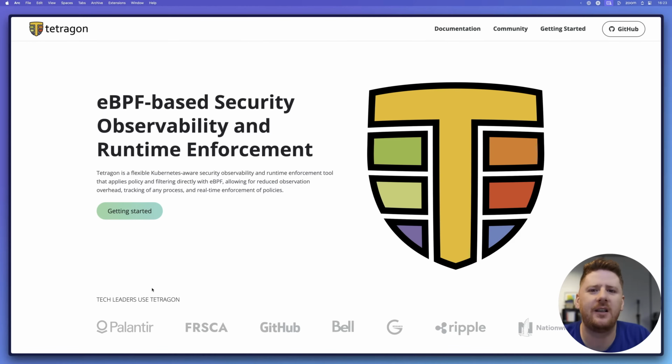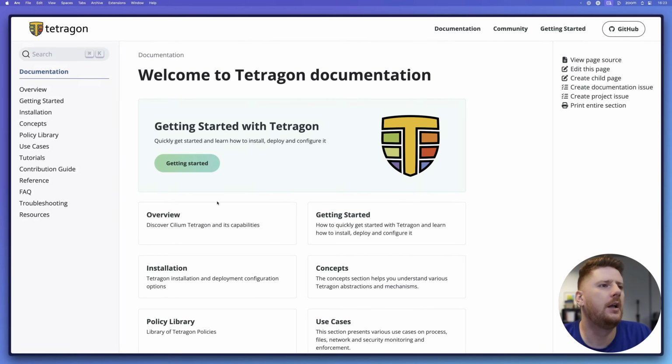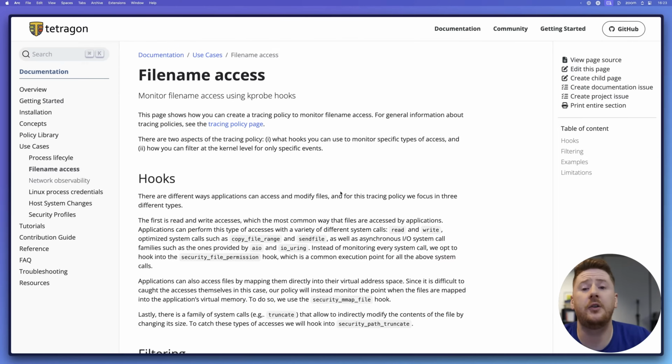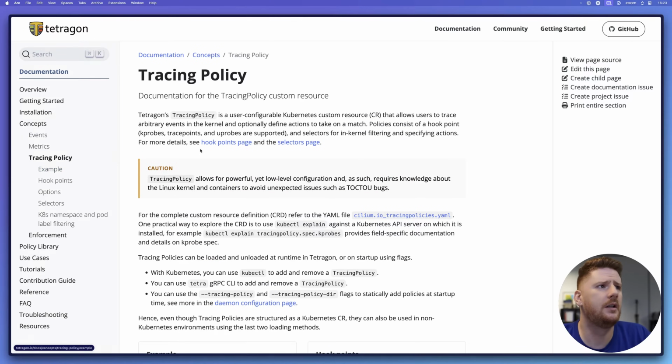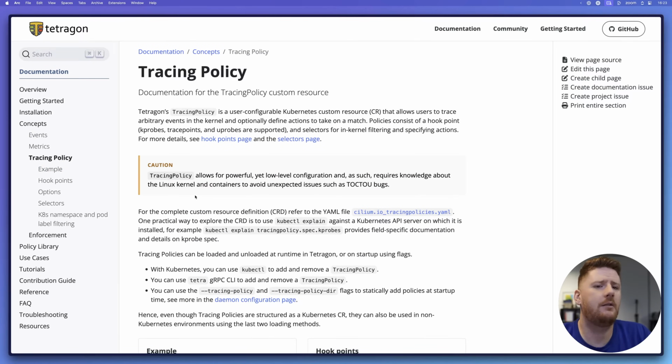Alright, here we are at the Tetragon documentation, or at least we will be now. Now, there's a few things I want to cover before we get to the use cases, and the documentation itself well covers file name access and what we can do. But there is a little bit of vocabulary that you have to be comfortable with and a few concepts that you need to know before you should really start writing tracing policies. Fortunately, the documentation has this pretty well covered too. So if we go to concepts, tracing policy, we can now begin to dive in to what a tracing policy